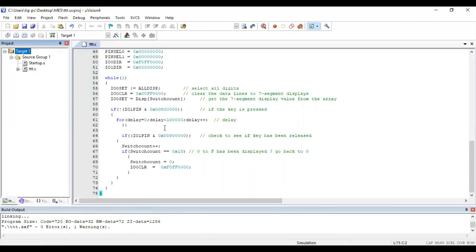Once your file is ready for execution, now this particular program you need to send to the board, because this is a hardware program. You have to execute it on the board. So you have the LPC2148 evaluation board. On that board, this program will be executed. So now how to send this program to that board? You cannot send the program as it is.